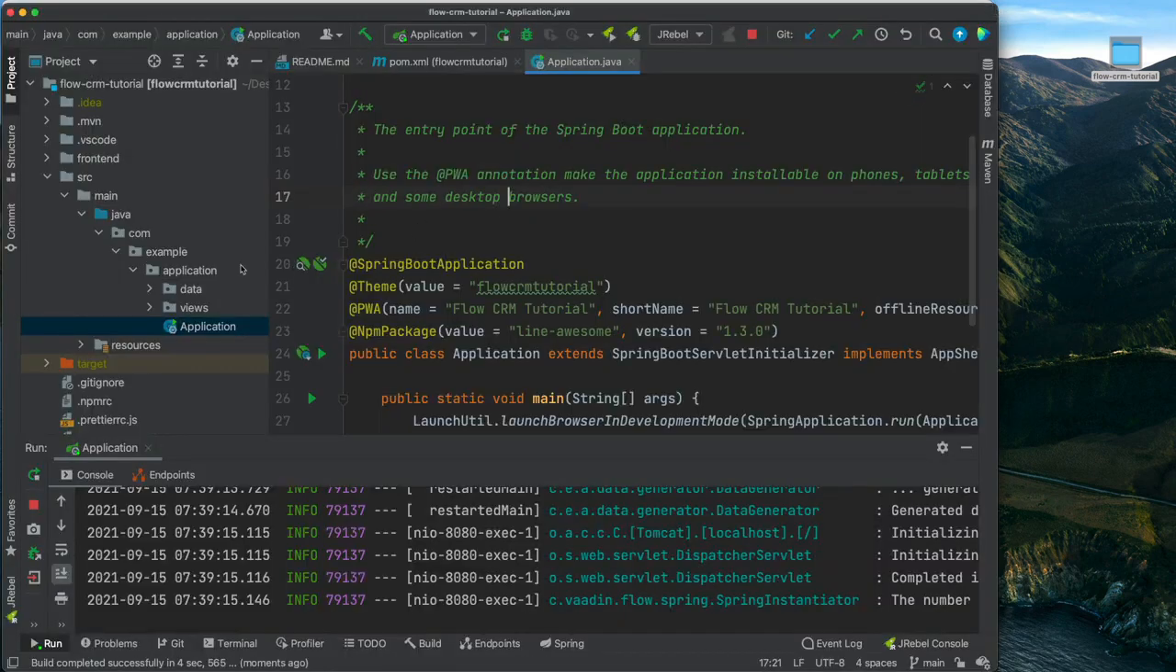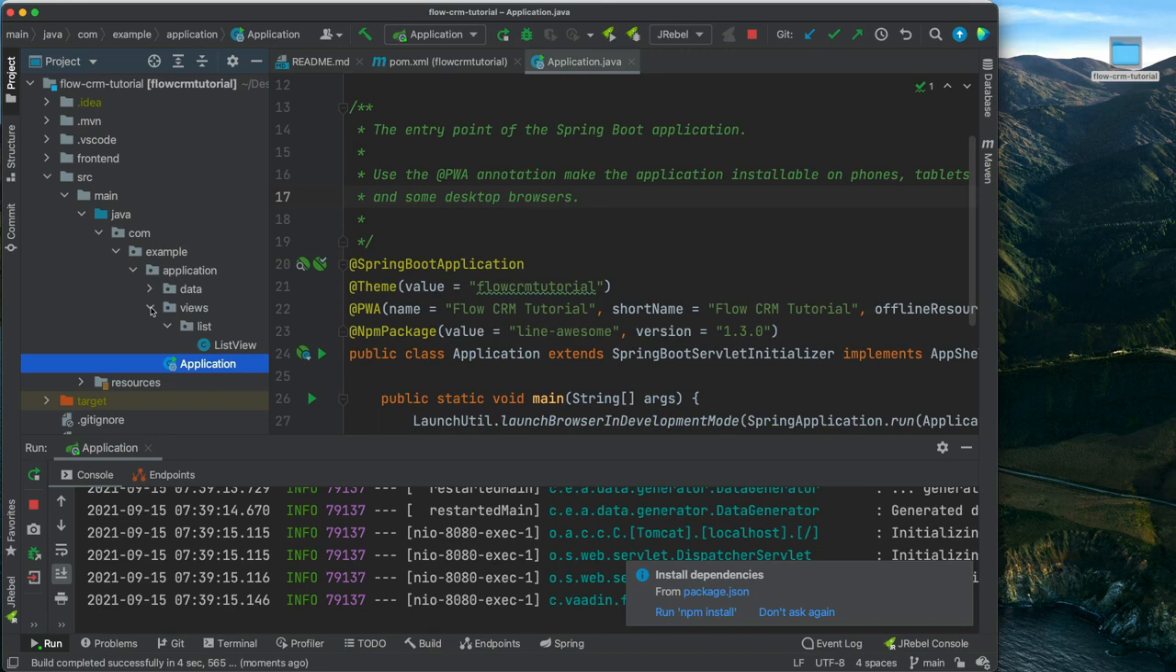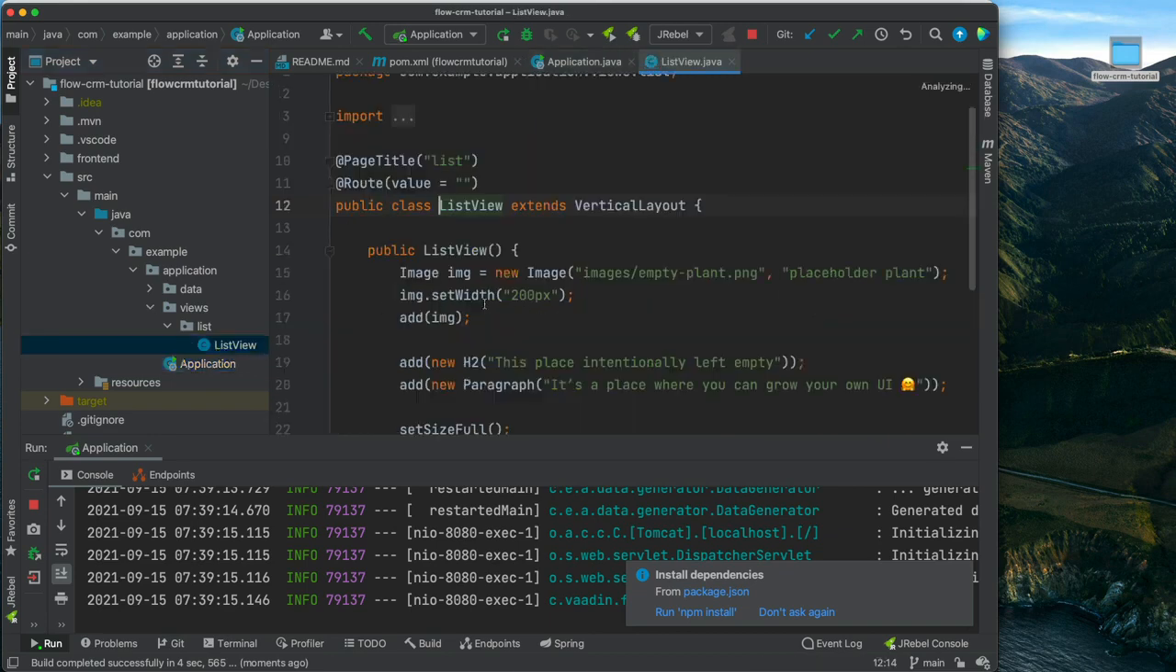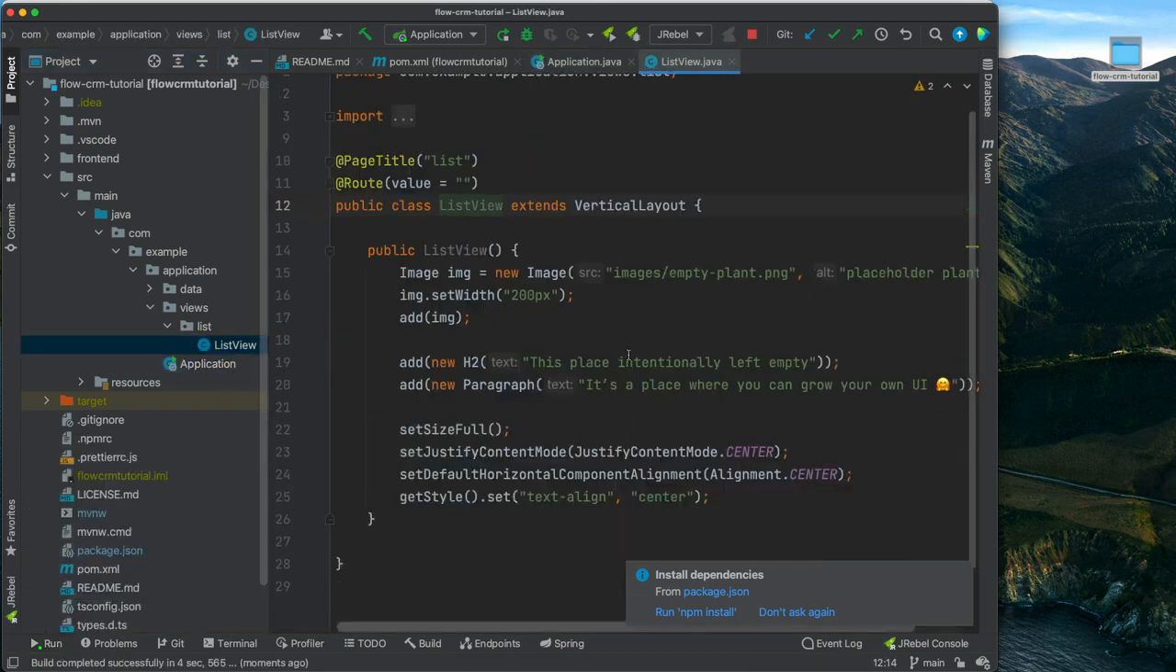Now, while that's starting up, we can take a look at the views that we have here. So right now, as we're starting, we have a single view. So we have a view that is mapped to an empty route, extending VerticalLayout, displaying an image, an H2, so heading level 2, and a paragraph of